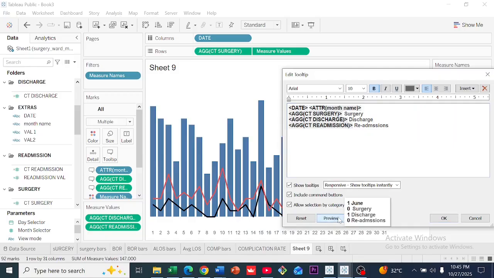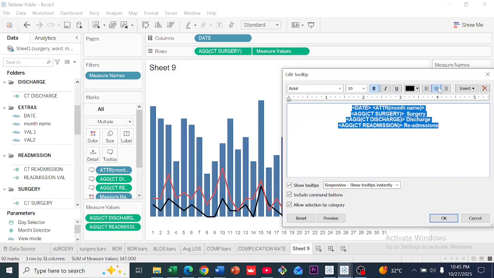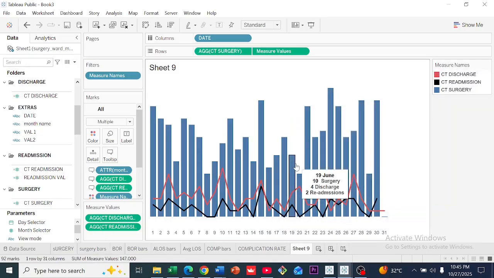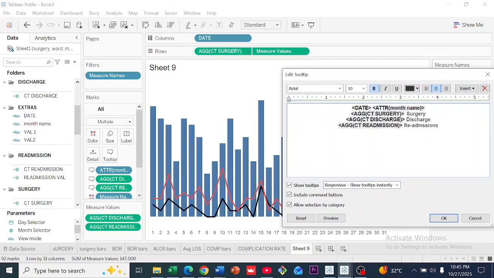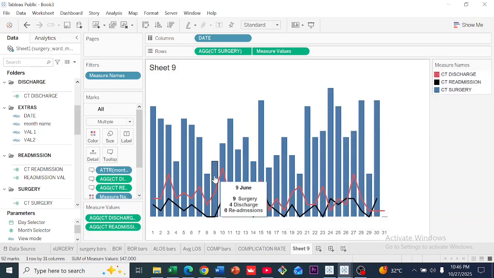Okay, let's see. So in June we have 0 surgery, 1 discharge case, and no readmissions. So you can see what we got. Let me edit this a bit, give some space. This is much better. Okay, so this is going to be a bar. Let's just call this a bar